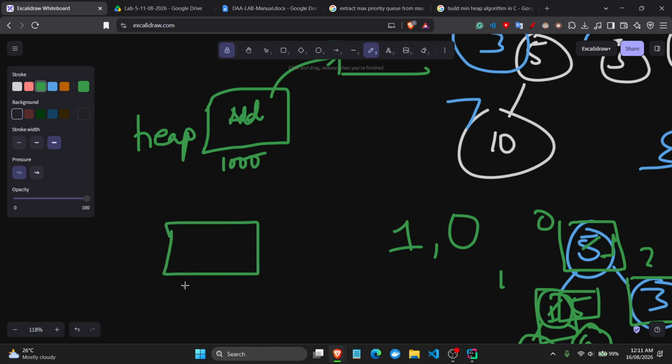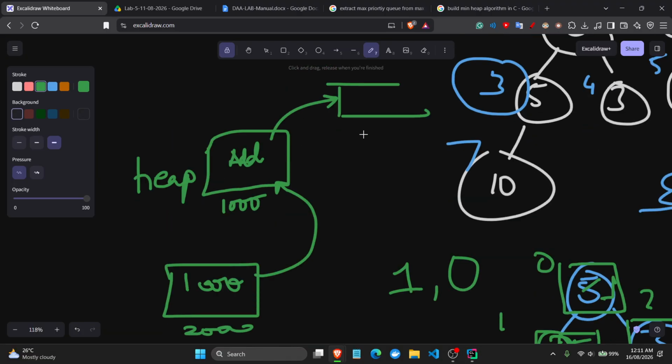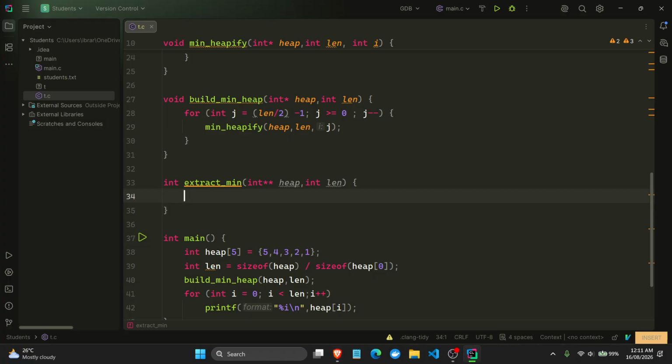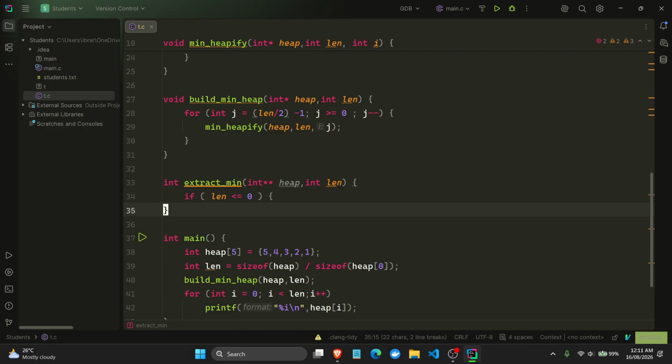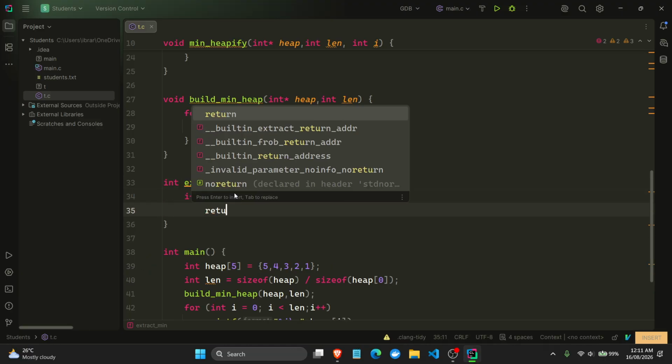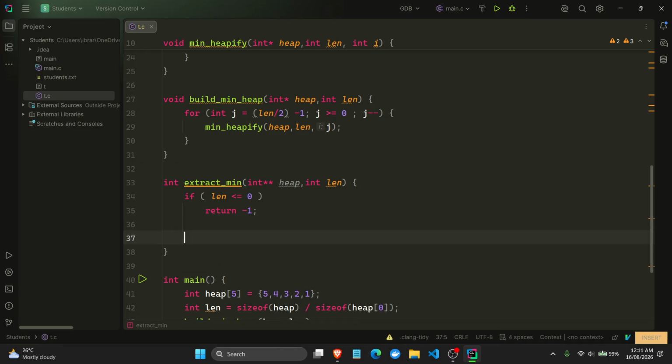Now we will have somewhere over here another pointer. So what this says, we'll have a pointer to a pointer, right? And what does that mean? The very first thing we will do is if length is less than or equal to 0, we will just return -1, right? The thing being that if length is greater than, yeah, so else what we might do is we want to